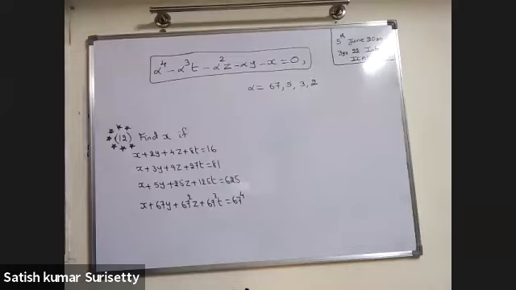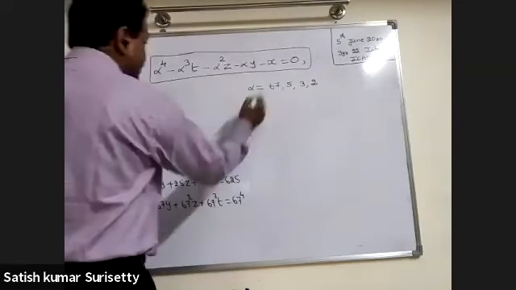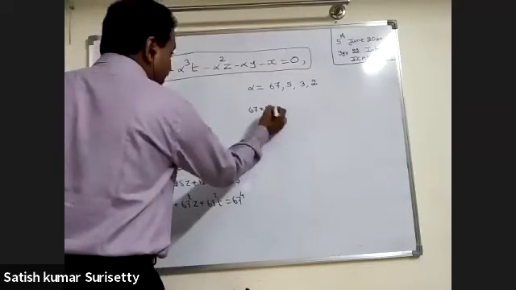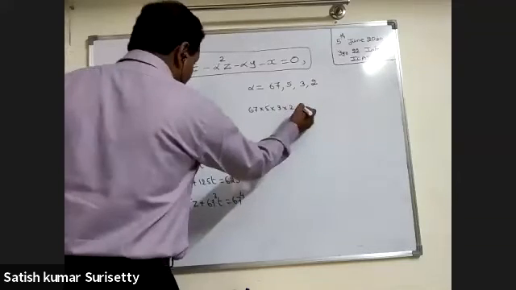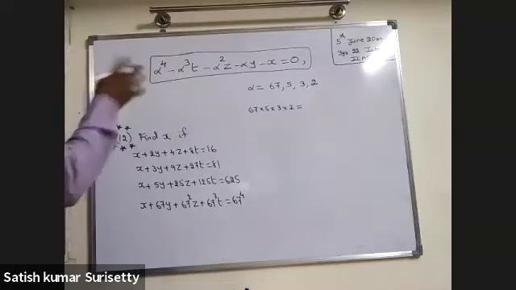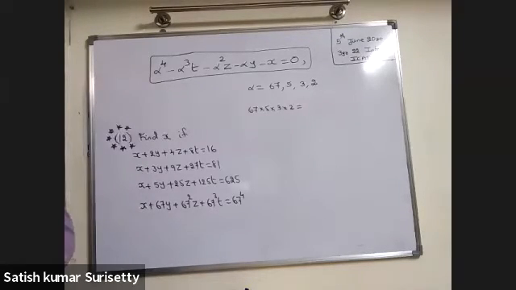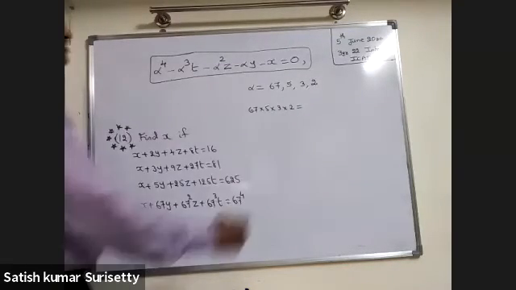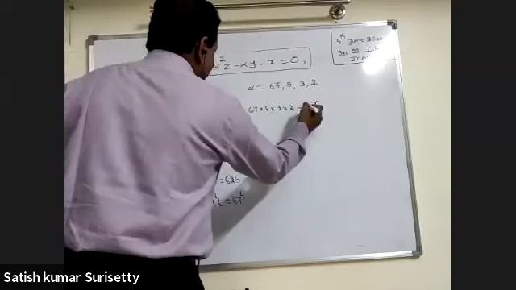What should I calculate? The x value. That means which relation between the roots should I use? The product of the roots. Product of the roots: 67 into 5 into 3 into 2, 2010. What is the formula? Product of all the roots, as per the equation. Is it plus x or minus x? Minus E by A. Plus x. So it will be x.